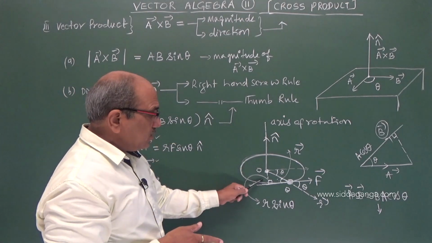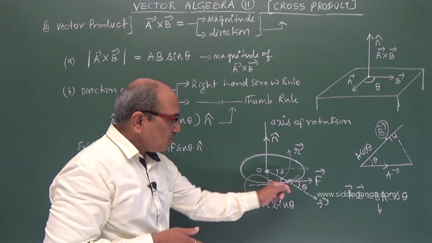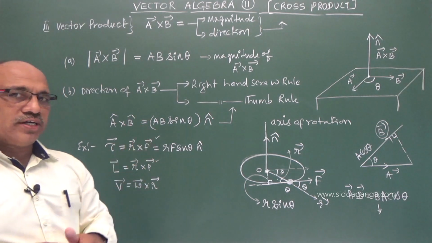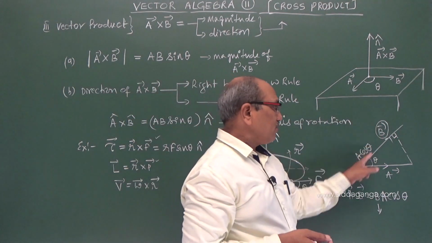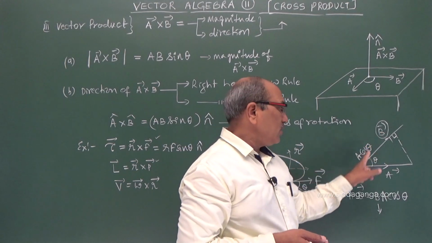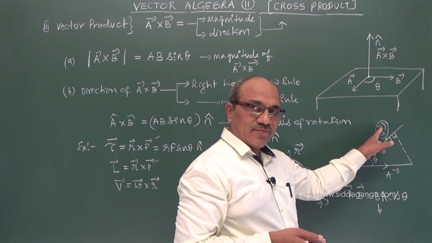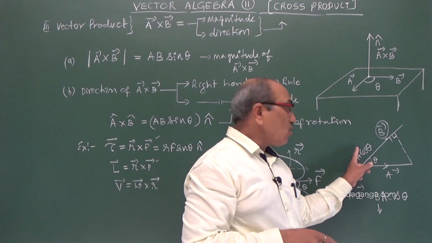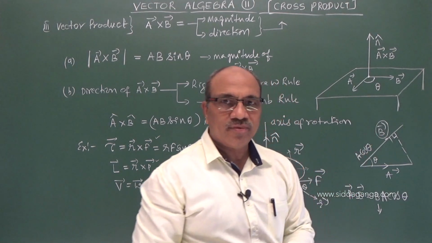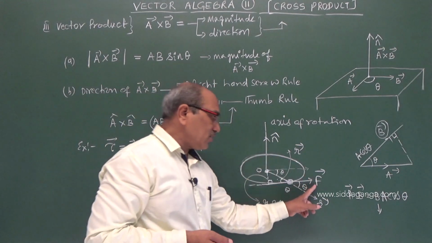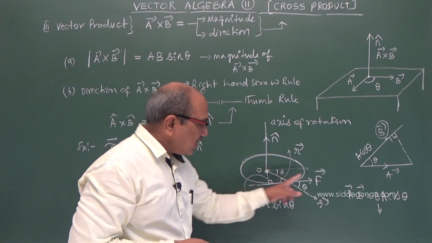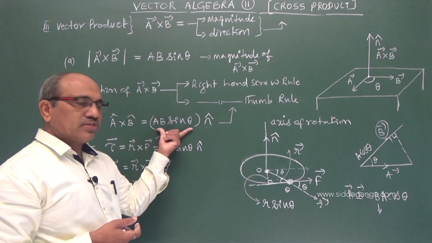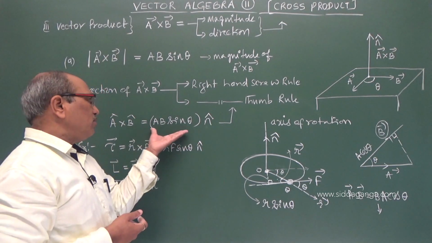That perpendicular distance between the line of action of the force and the axis of rotation is taken as the cross product of two vectors. There it is along the other vector. We take the component along the other vector: the magnitude of one vector into the component of the other vector along B. But here it is one vector into the perpendicular distance between the line of action of the vector and the axis of rotation. I hope you have followed the concept. But if that is found to be difficult, you remember this.